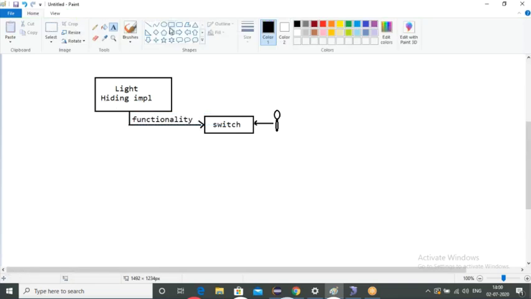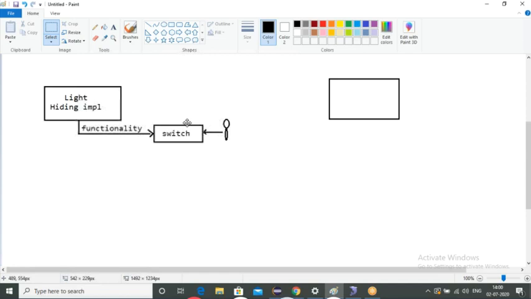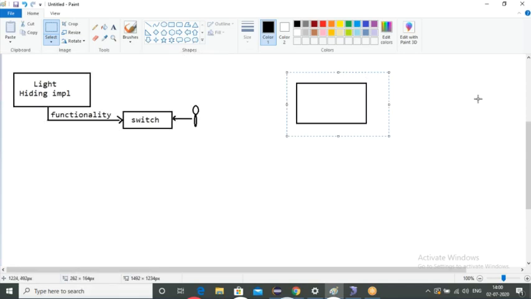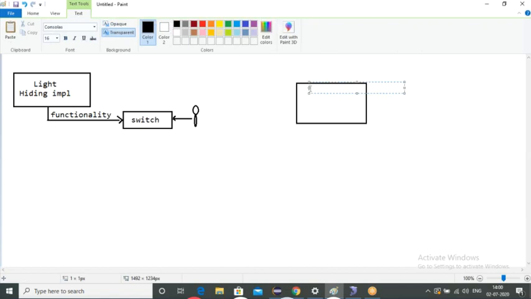Now for that I should have something like this. Consider this is switch. Switch is an interface, right? I'll be taking it as ISwitch.